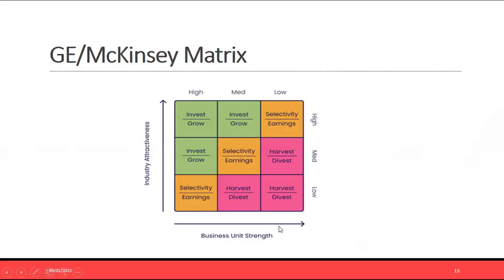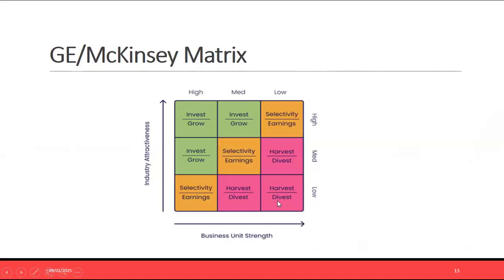And then on the axis of the business unit strength, you have high, medium, and low. So if your business unit has a low strength and a low industry attractiveness, then it will be here. So what do you do? You either divest or you harvest,